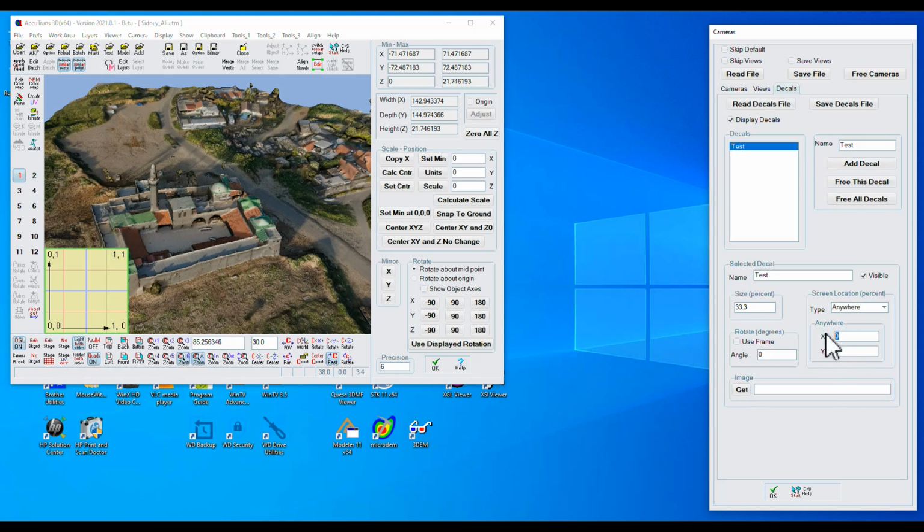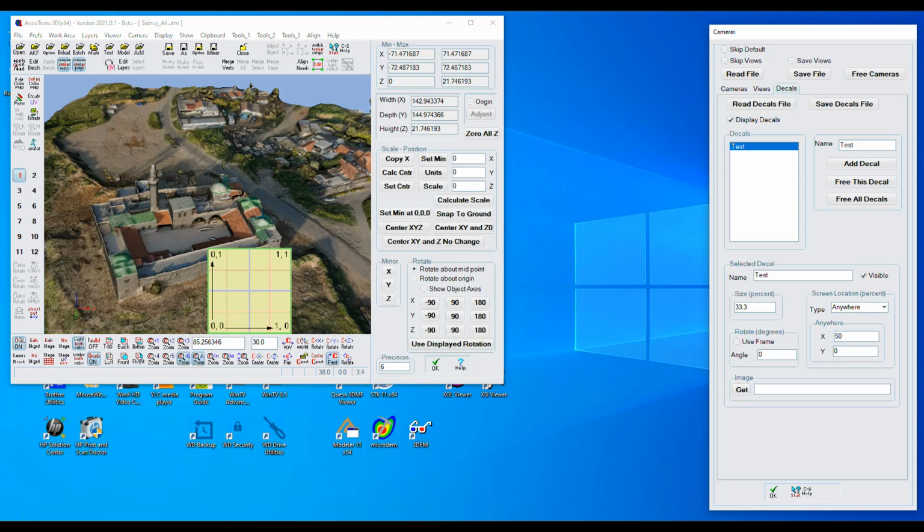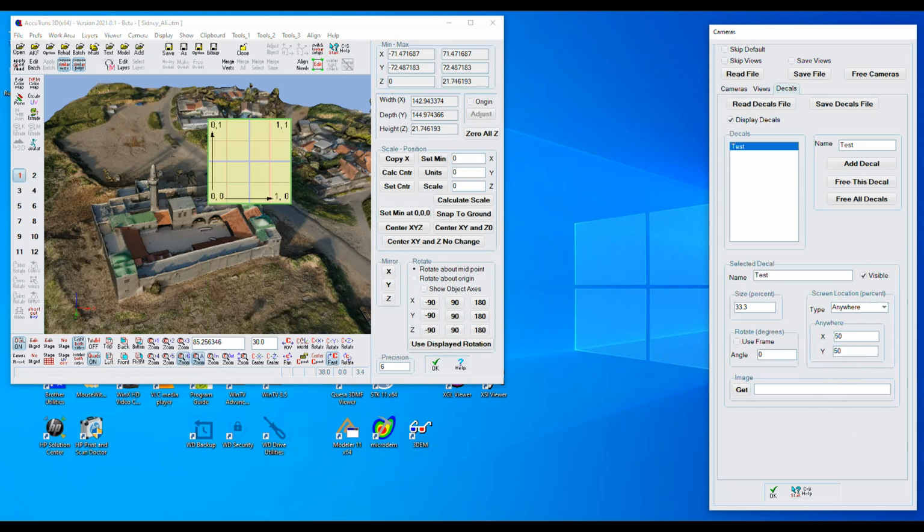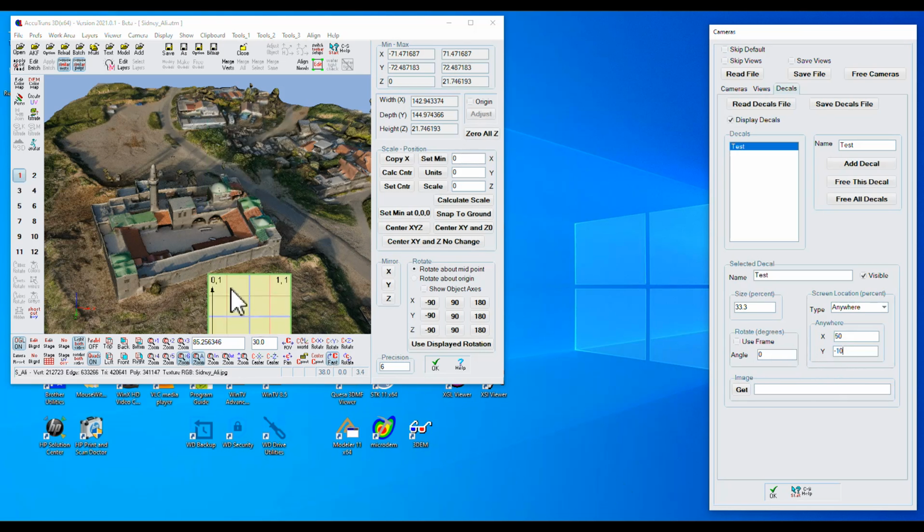And if I type in 50% of the width and press Enter, the decal moves over to this corner, which is halfway. And then if we do the same for the height, we get the decal going up the other way. And then you can even have the decal part way off the screen. So if instead of going up 50, I went down -10, we've got the decal partly hidden down underneath. So I'm going to go back to center,